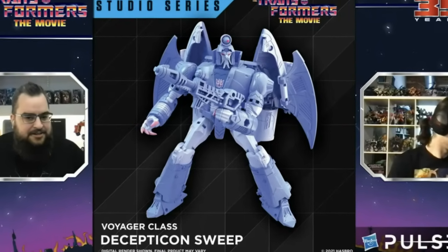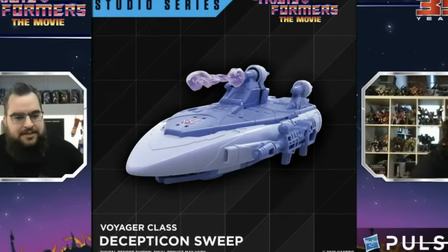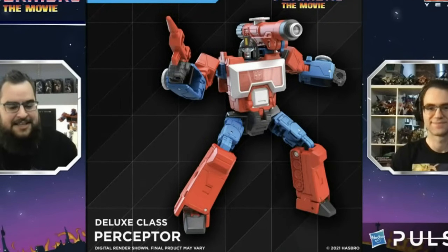The first thing that they showed off was the Decepticon Sweep. Not a figure that I feel I need to get. You're basically going to get a different energy part or effects piece, and he's more coloured towards the original toy release. So if you want this, pretty cool. If you want to have those 3 sweeps in the background, something I am going to get, and I've already